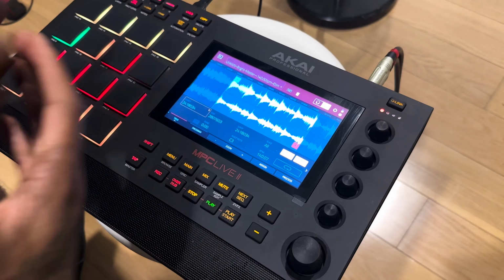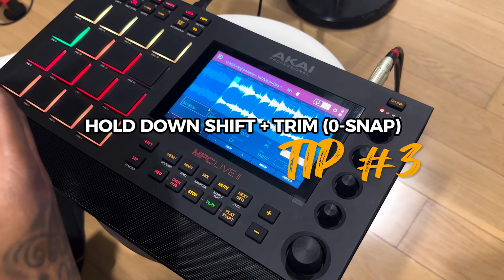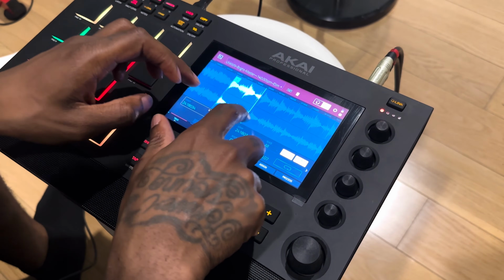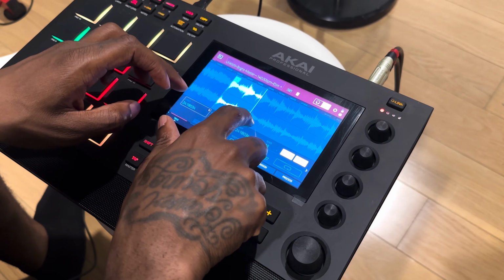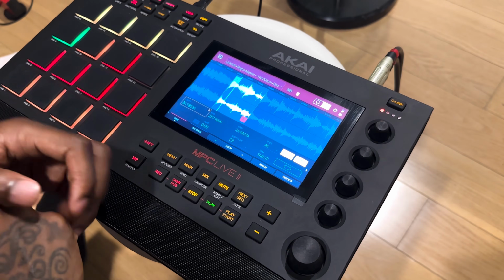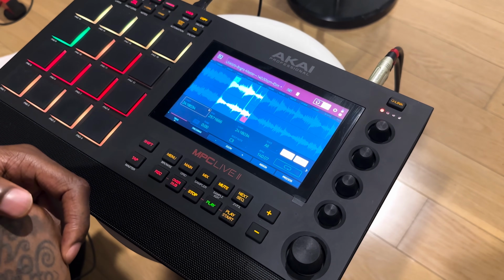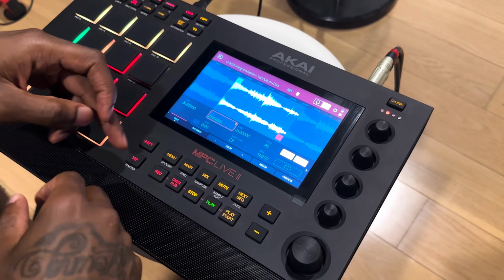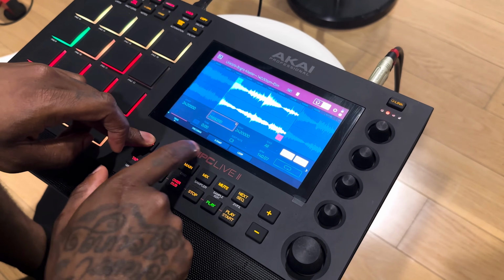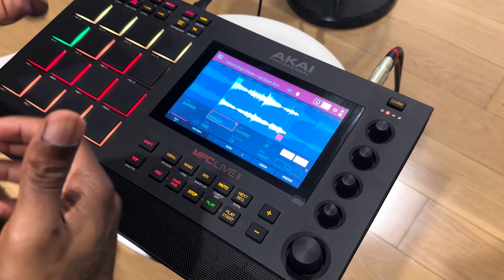That's pretty cool. Now for the third tip, what most of us would do when we're trying to loop a sample, we just go in, find something that we like, and then we play it. If you have any issues with clicks being in your sample, what you can do is hold down shift while you're on trim and go to 0 snap. Now 0 snap doesn't ensure that it's gonna not click, but 80 to 90% of the chance